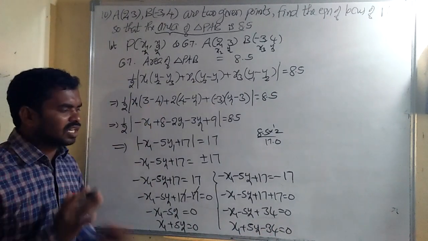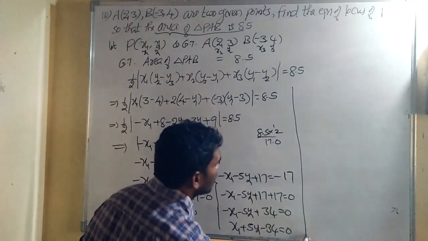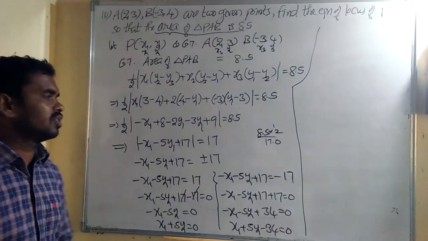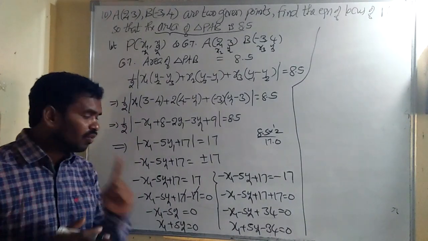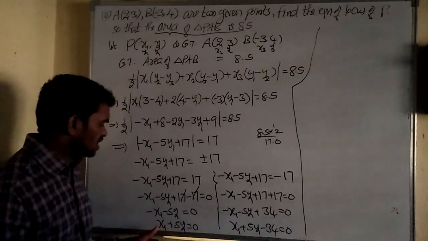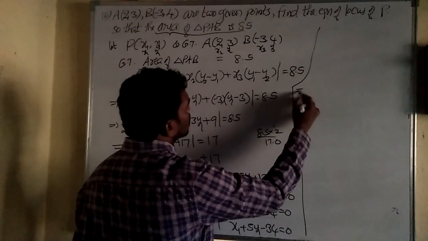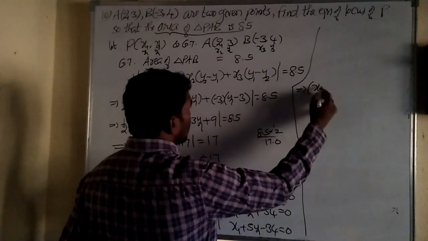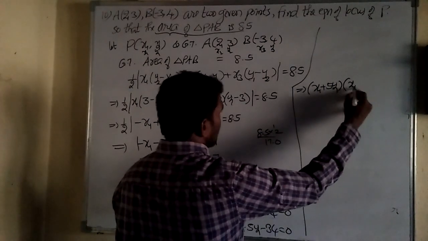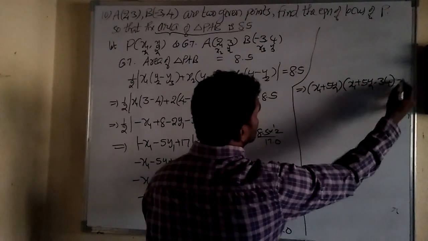So almost all completed. The last step is there. Okay, now everyone makes a mistake there. If you do not write the last final step, you will lose 1 mark. So out of 4 marks, only by conclusion we get 4 marks. So what is the conclusion? Yes, very good. We should write the product of these two terms, which is equal to x1 plus 5y1 into x1 plus 5y1 minus 34 is equal to 0.